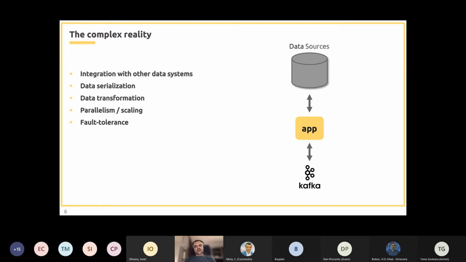Besides data serialization, we might also need to transform our data. And by transform, I mean simple operations like changing a specific field from one data format to another, or masking a field, or we might even do more complex operations like aggregation or joining data from multiple sources.